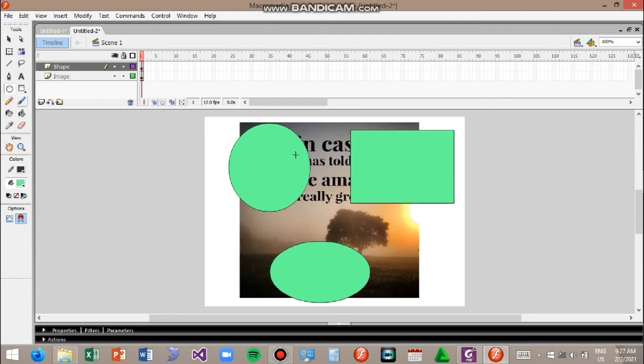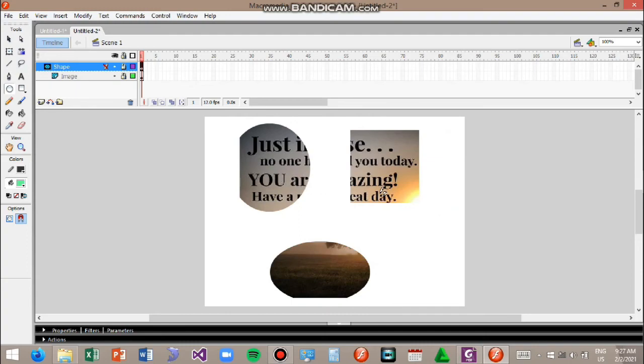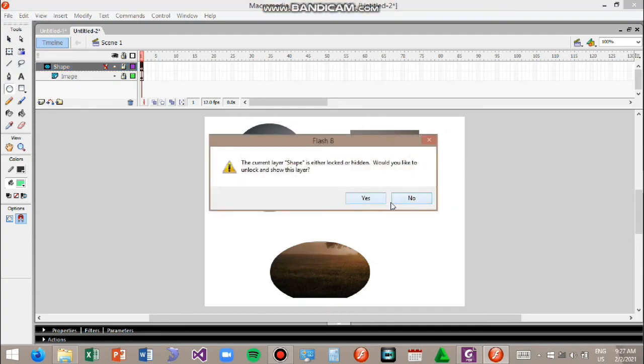Our goal is to get the design from layer 1 into the design of layer 2, which is your shape. We're going to get what is on the first layer. So you just need to right click it and then click mask, and that's it. You can now get the design of the image on layer 1.